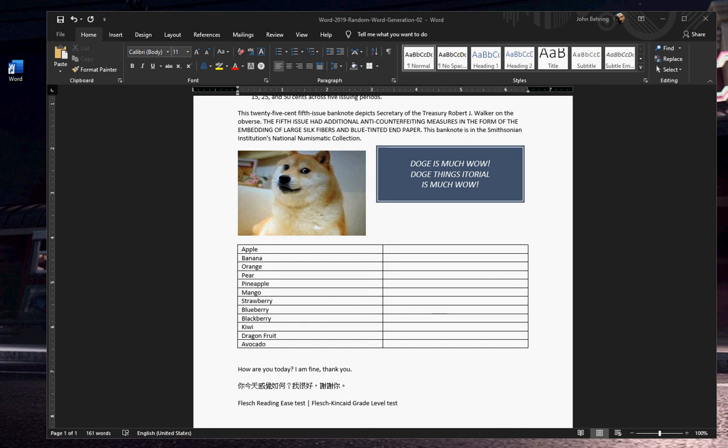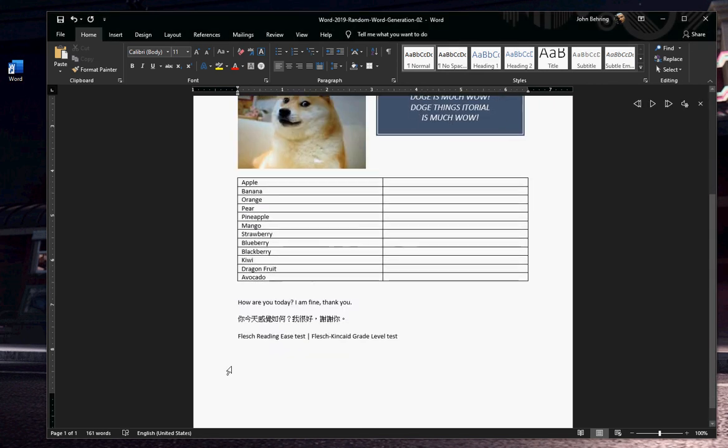Need to generate some random text for your Word 2019 document? Look no further. Let me show you. Go down to an empty space in your document and click on it so you get a cursor. Now type this,